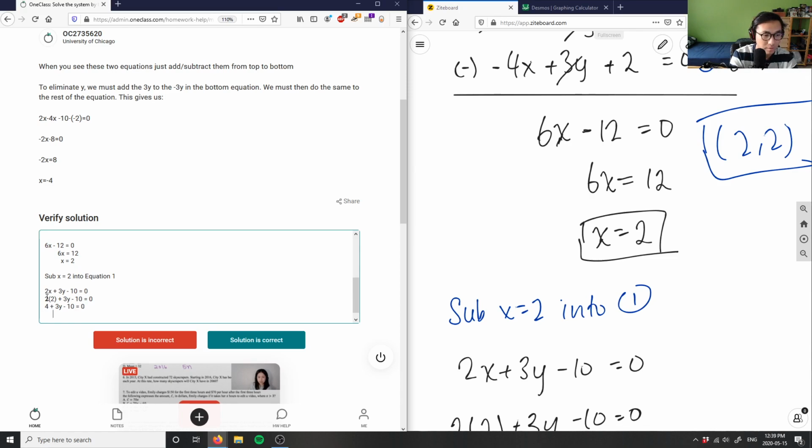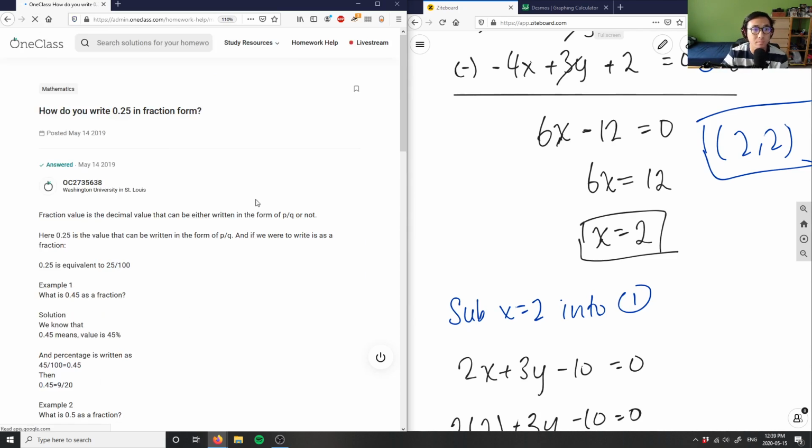So now I'm going to put 3y minus 10 equals -4. And then I'm going to have 3y, y equals -4 plus 10 here is 6. So therefore y here equals 2. So the solution to this system of linear equations is 2, 2. So the solution here is incorrect. And finally,